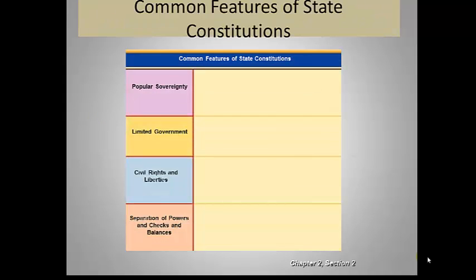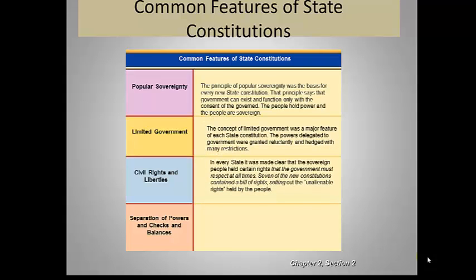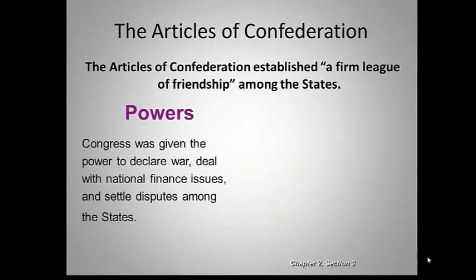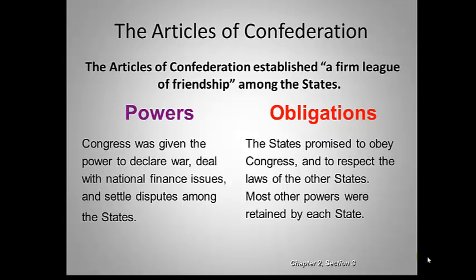All right, some of the items that you would find in the state constitutions, you would probably expect to find in a national constitution. So popular sovereignty, that people have the power; limited government, that there are limits to what government can do; the guarantee of rights; and then, of course, the Montesquieu model, that you have separation of powers, three branches, and they have checks and balances on one another. Again, if I'm going too fast, feel free to stop and pause it. You can also use your textbook to get any additional information.